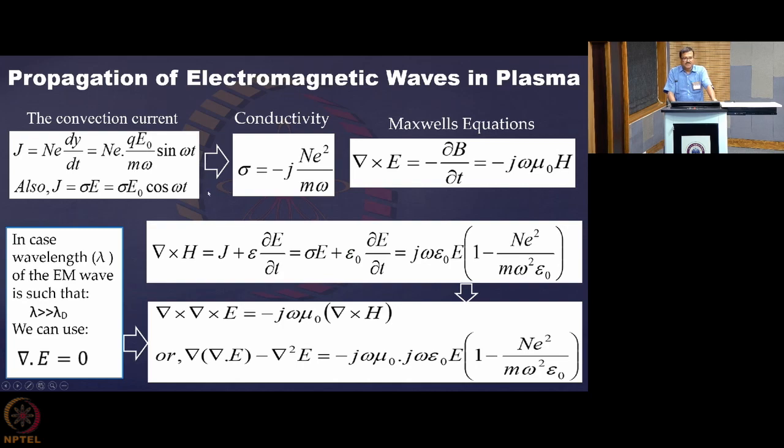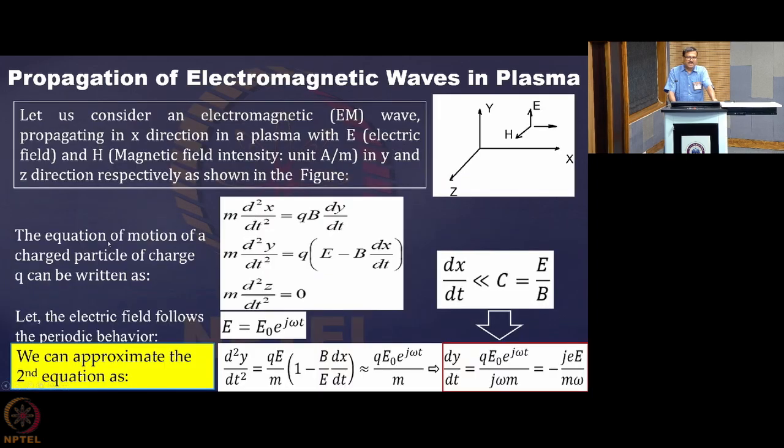But here is the issue: how does J come to be j n square by m omega? Many of you have already understood how it comes, but many may not have understood how it appears in this exact expression. For that, I will derive these equations in a more convenient form, so that it becomes clear to everybody.